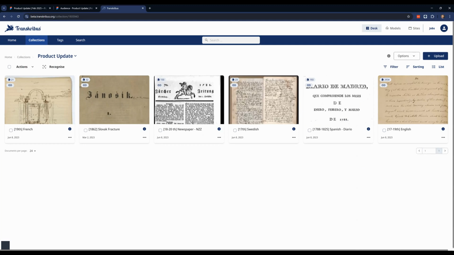Let me just have a look. These are some of the changes we've added with the new batch actions, and the general concept of filtering and sorting. You will find that throughout the entire